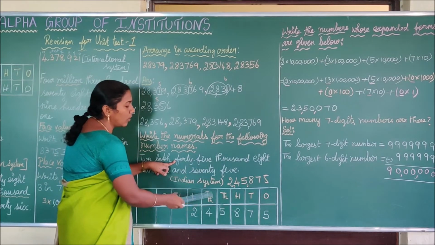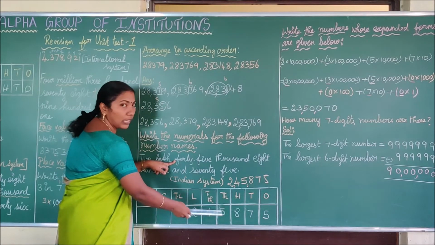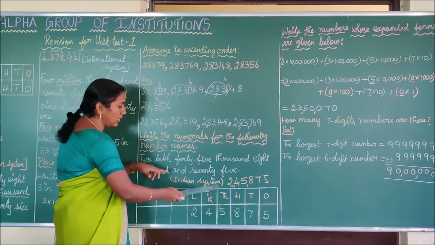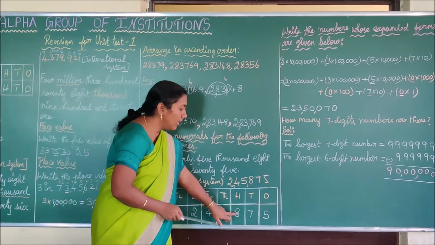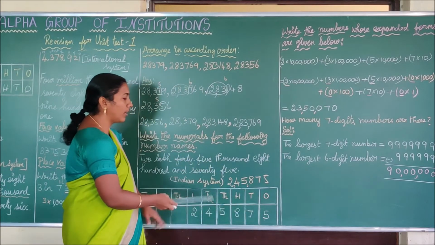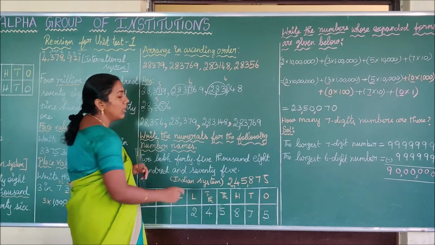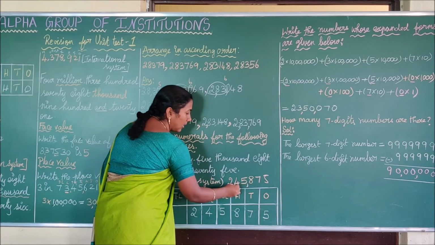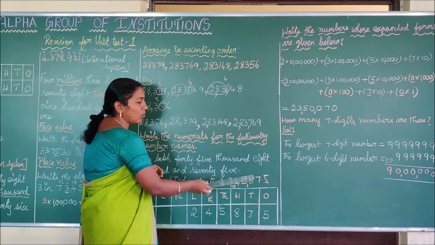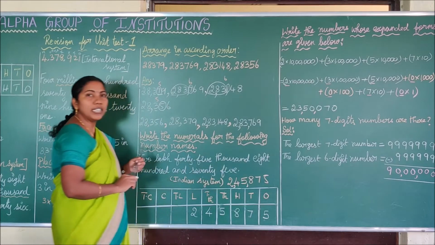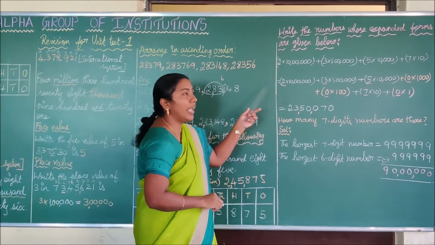That is, in the period of 1000, you have to write the number 45. Thus, we are writing 45. That is, 5 is in the place of 1000. Next number is very easy, 875. So easily you can write 875. Thus, the required number is 245875. Again, you have to place the commas by the Indian system after 3 digits and then every 2 digits. That is, the required number is 2,45,875. It's clear, children?